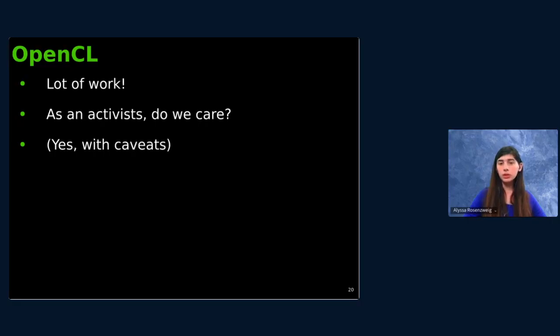Similar considerations go to OpenCL, which is the API for doing heterogeneous compute, including on GPUs. It's something that we all think on paper is a good idea, having this accelerated compute support. It also raises its own set of questions. If you need just a little bit of compute support, you can get that from OpenGL and you can get